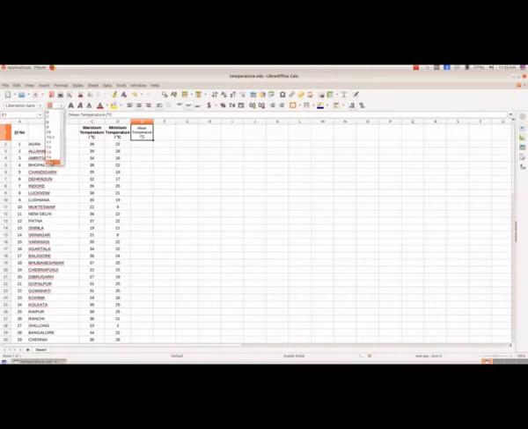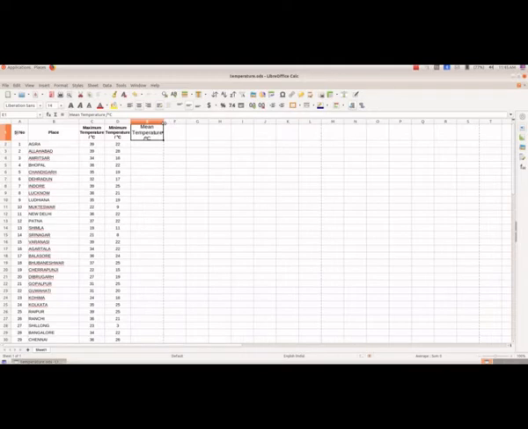We will change the font size. We will change that to 14, and here we have to adjust the width. Mean temperature degree Celsius we got.